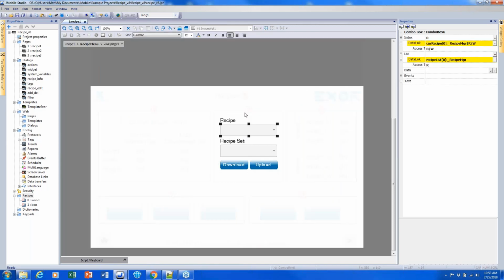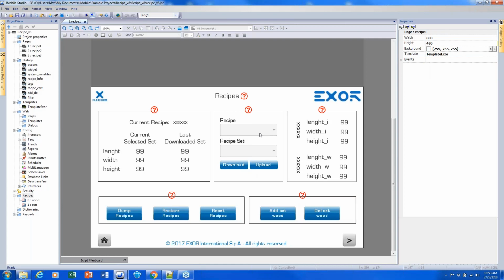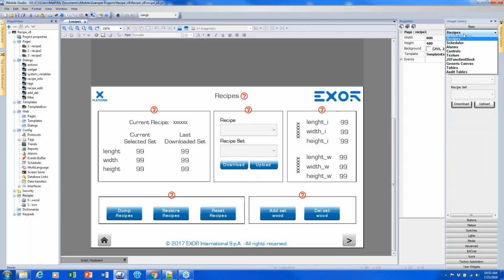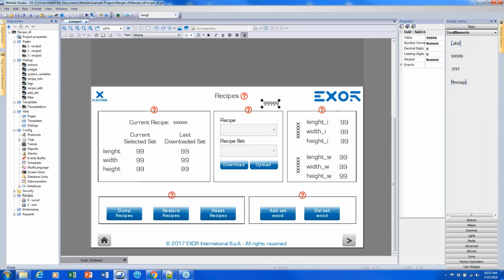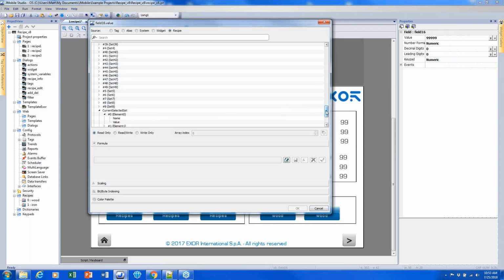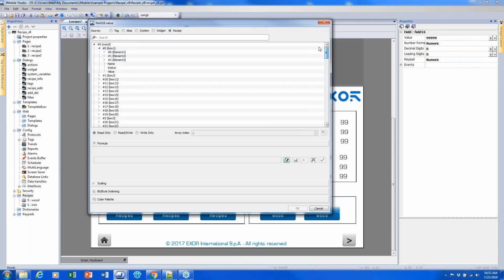And if we look at this recipe selector widget here, we can see that when I changed the recipe, it actually changed the current recipe tag. Same thing here, it changed the current recipe set tag. So if you wanted to not use this and kind of make your own recipe widget, even if it's just a numeric field, you could actually just put your numeric field in and change the current recipe tag or the current selected set tag,